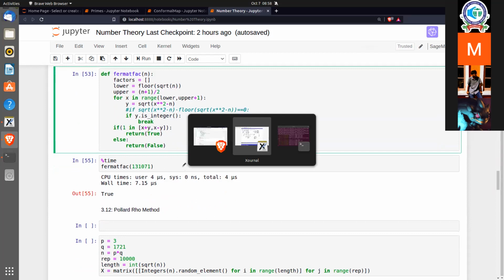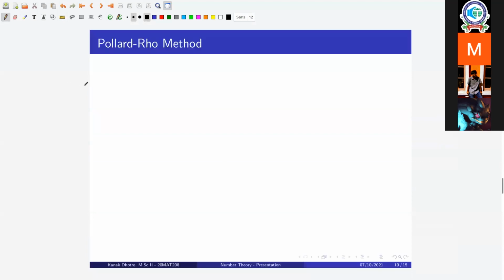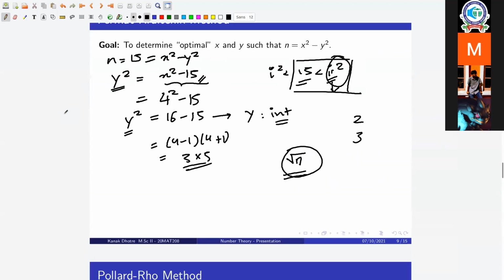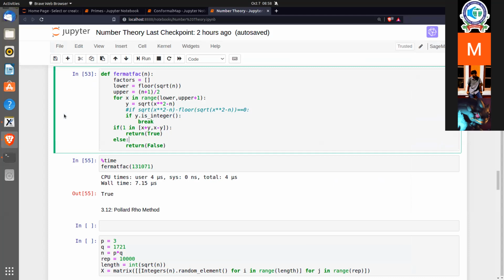So the idea is a little tricky, but let's try to. Kanak, I want to point out here. Yes, sir. So you are telling primality testing. See, try to understand this part. There are two types of tests actually. One is primality testing, another is factorization method. Yes, sir. Of course they are connected, but they are completely different.